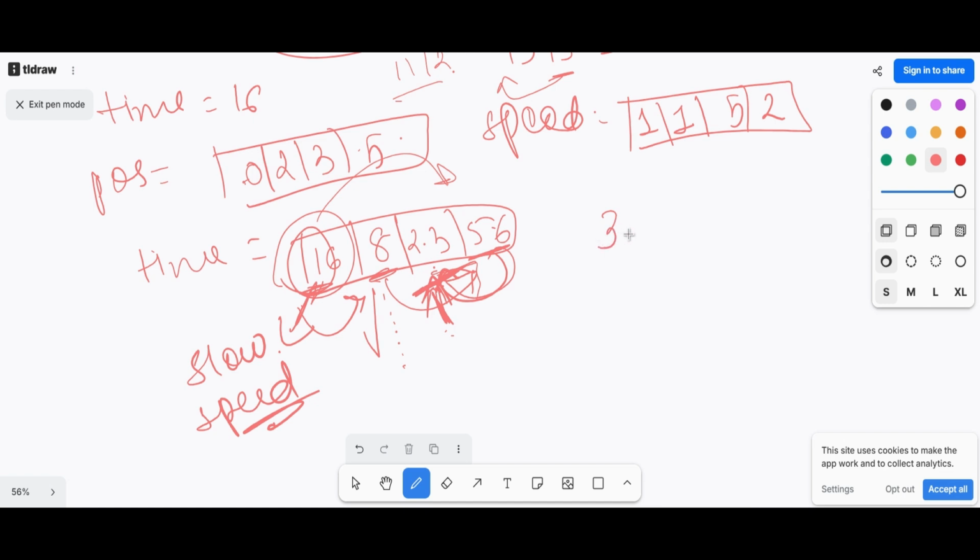For position 3, it's traveling at a speed of 5. So 3 plus 5 is 8, let's say. 5 plus 2 is 7. This is for the first time. Okay. Next time,